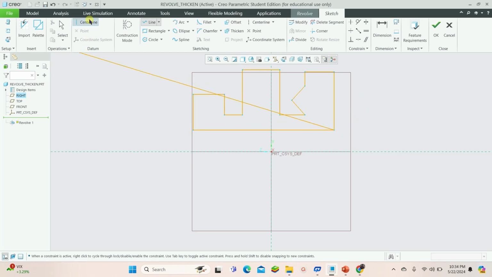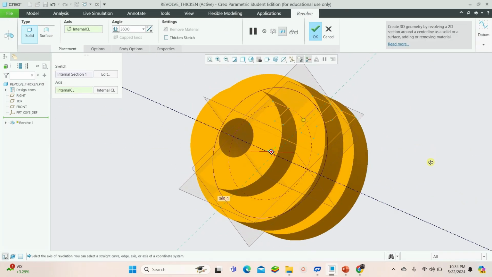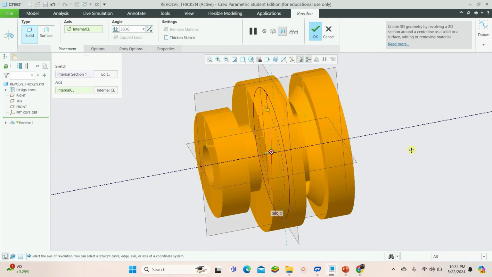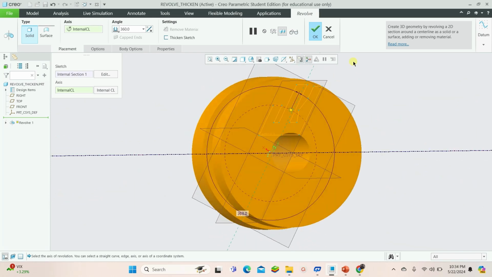Okay, and draw one center line, and okay, and this is how the Revolve command works. Okay,